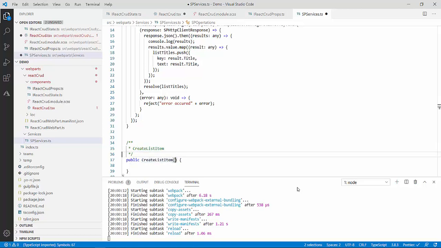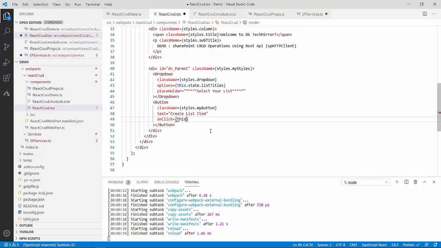So we already know that we have to pass the context. We need the context from my component file, and also I will be needing the list title, because in the drop down I will select the list title, but I have to read that list title from the drop down. So these two things I will require. So I will create the parameters over here for the method. My method parameters will be context of type web part context and list title of type string. So these two things I need. Now from there I will pass it on click. So this dot underscore sp operation dot create list item.